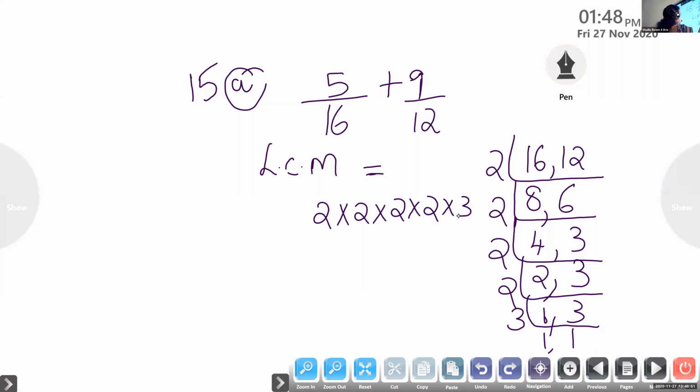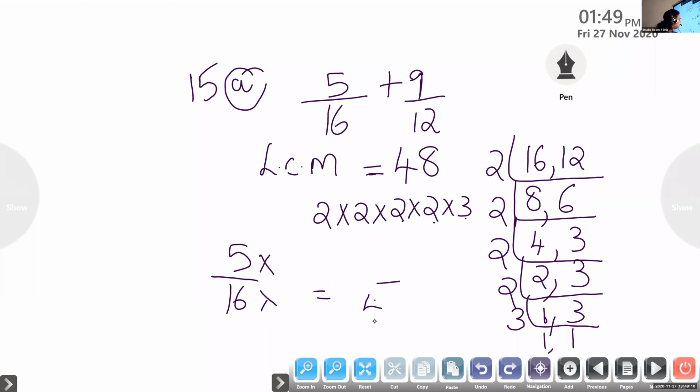One minute. Okay, children. Find out the LCM. Check whether it is 48. 2 into 2. 4 2s are 8. 2s are 16 into 3. 16 times 3, that is 48. So LCM is 48. Now, children, you have to make 5 by 16 multiplied by which number you will get